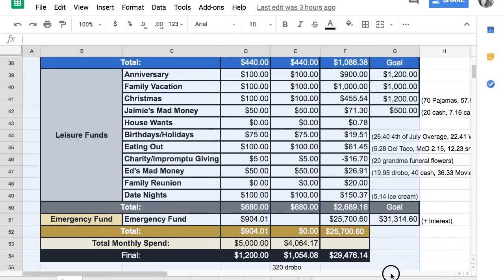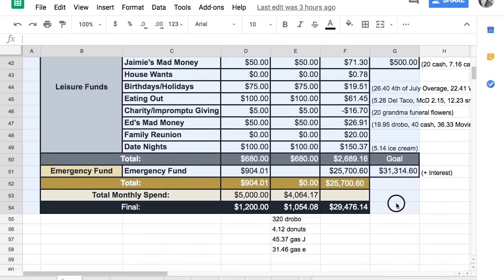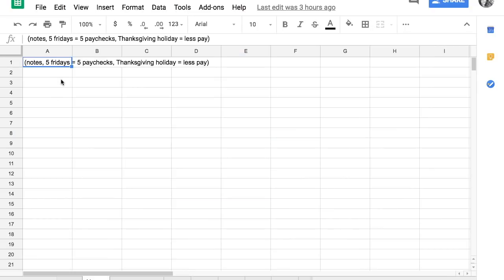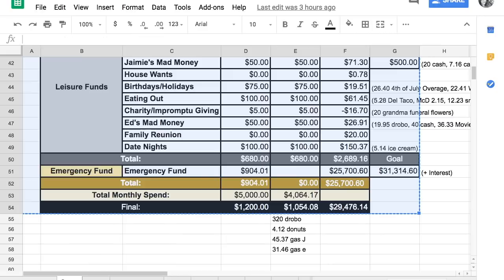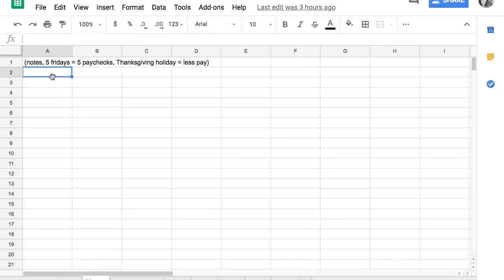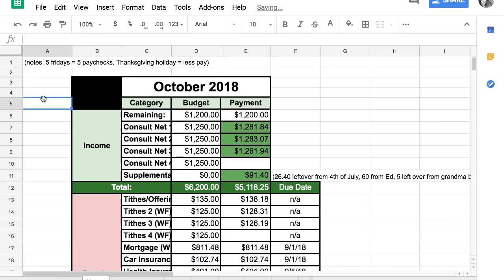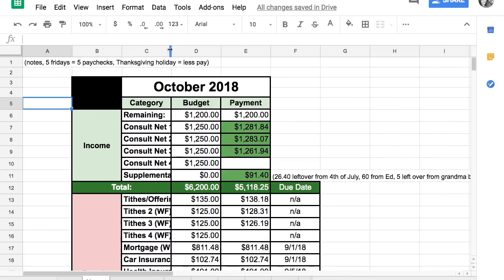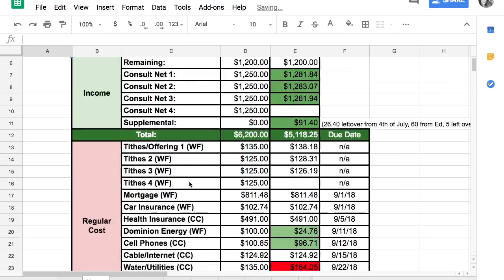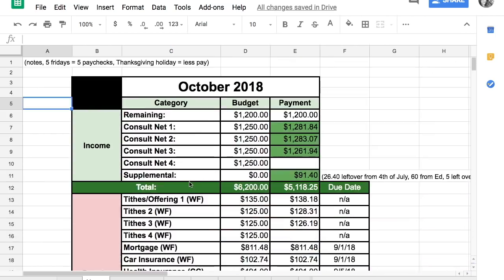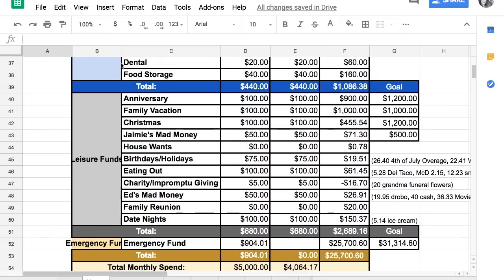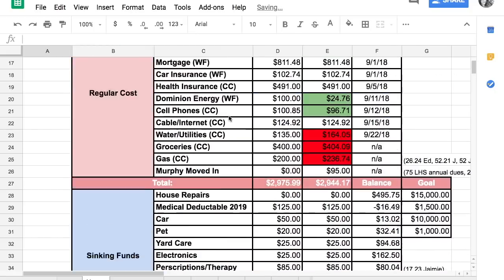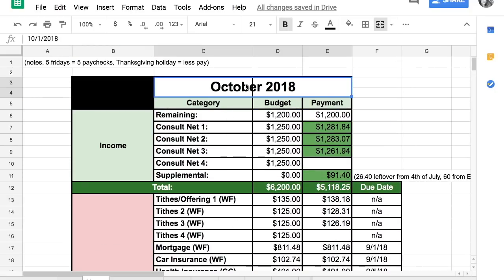First thing I'm going to do to get started is copy over my October budget, and I'm going to paste it in. Okay, I'm going to go ahead and paste it in right here. I always have a little bit of trouble with my margins, so I just bump those out, and bump those out. And I'm going to change this to say November.